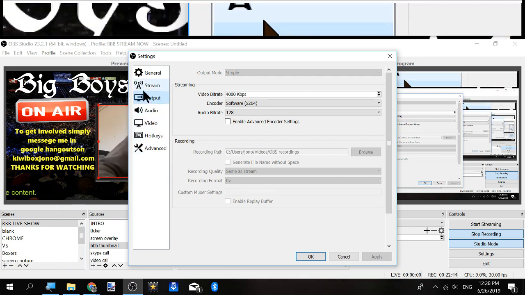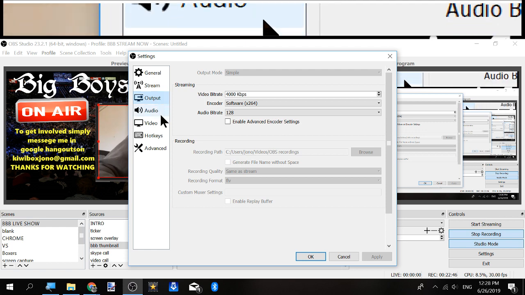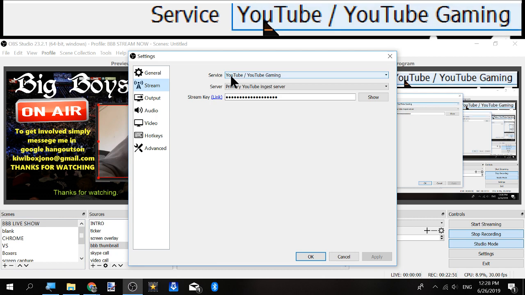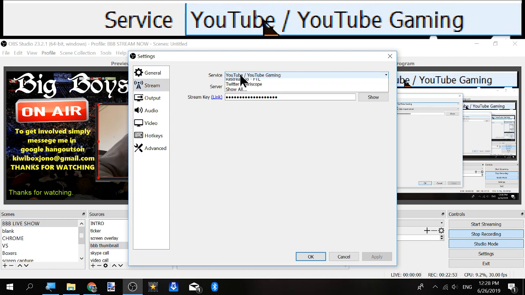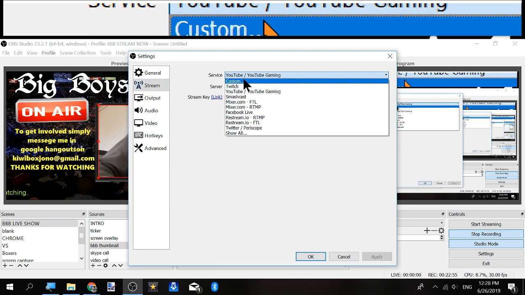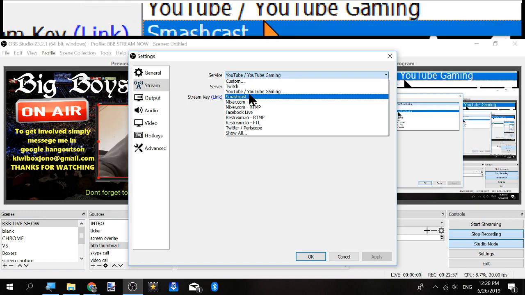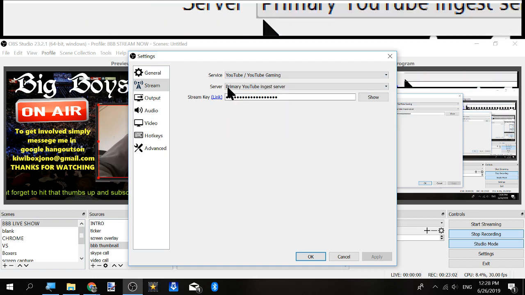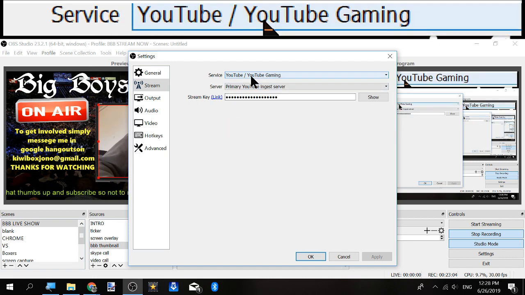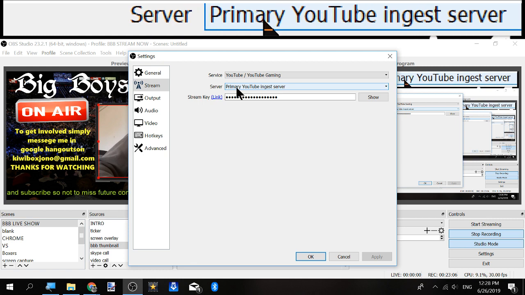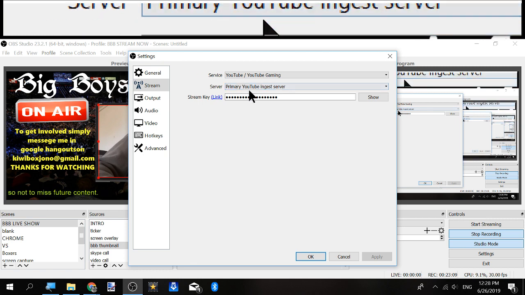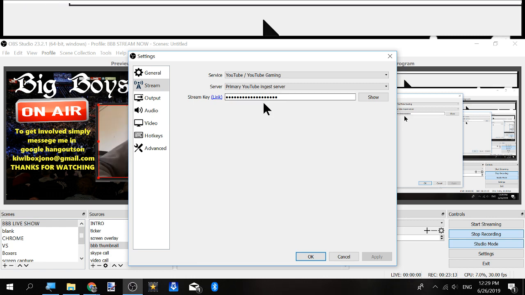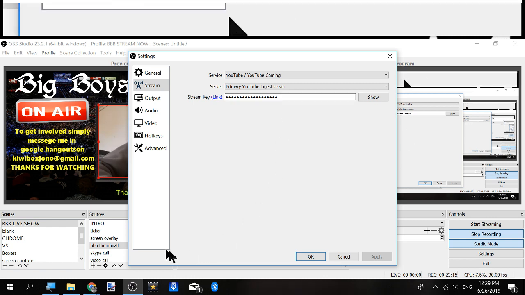The other important part that I thought was definitely, we've got to go into stream. Alright, so if you're streaming to YouTube, you've got to set it to YouTube. But there's a whole lot of options here that you can stream to different sites and whatnot. But I think once you select YouTube Gaming, it comes up with a default server anyway, so you shouldn't have to mess with that. But the stream key is very important. Where you get your stream key from is,